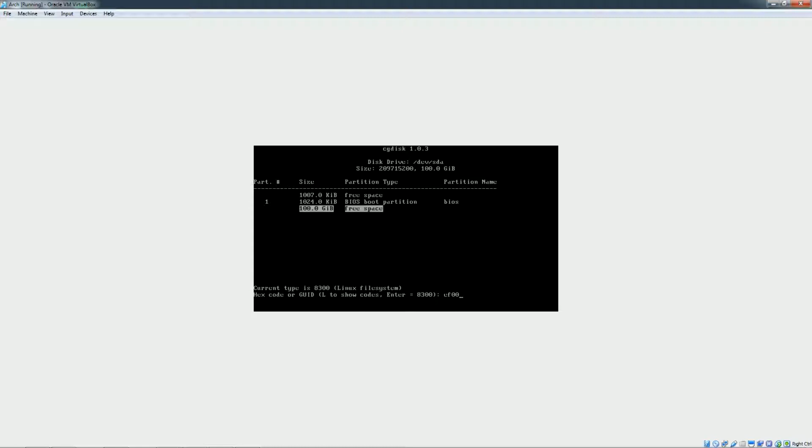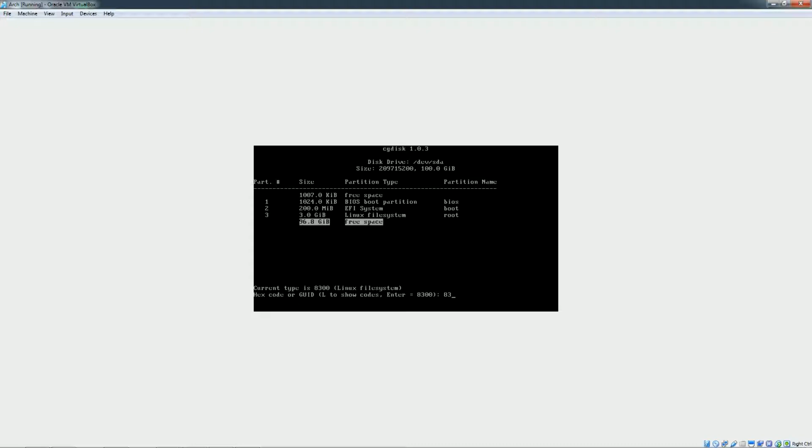Next, we're going to create the EFI. EFI will be the boot drive. Next, we're going to create a root drive. First sector, start at default. Going to give this a 3 gig sector. This is going to be 8300. And then the name is root, and then the final section is